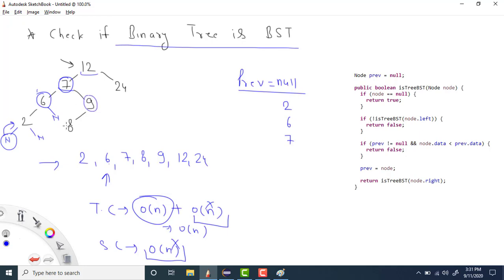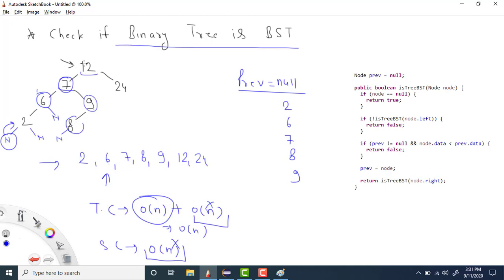Then it will go to the left side, then it is 8, and it goes null, so it will go back. So now my node is 8, and it will compare 8 with the previous node. Again 8 is greater than this one, so we are fine, and it will update the previous to 8. Then it will go back, so my node is 9 now. Again 9 is greater than this one, so we are fine, and I will update the previous to 9. So we are done with this one as well.